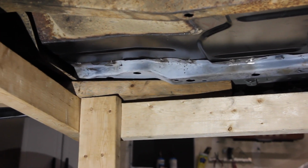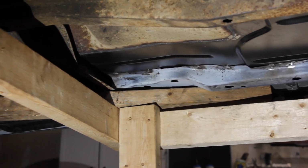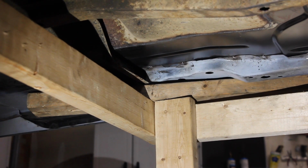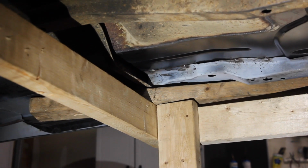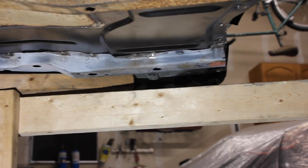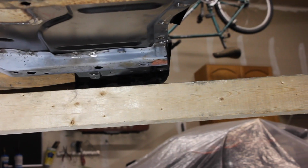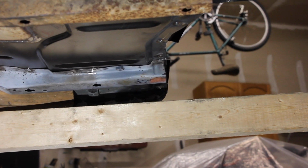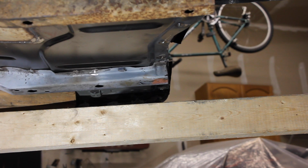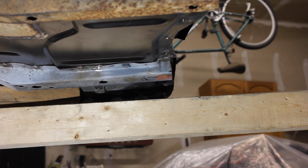These things, from what I can tell, rust out a fair amount, especially in the back end of it. But my point is that when you are going to take this thing out, make sure that you mark all the way up at the front where it is welded into the cross member, the front cross member support arm, and then also make sure you measure as close as you possibly can to where that thing extends from the floor pan, the outer wall,